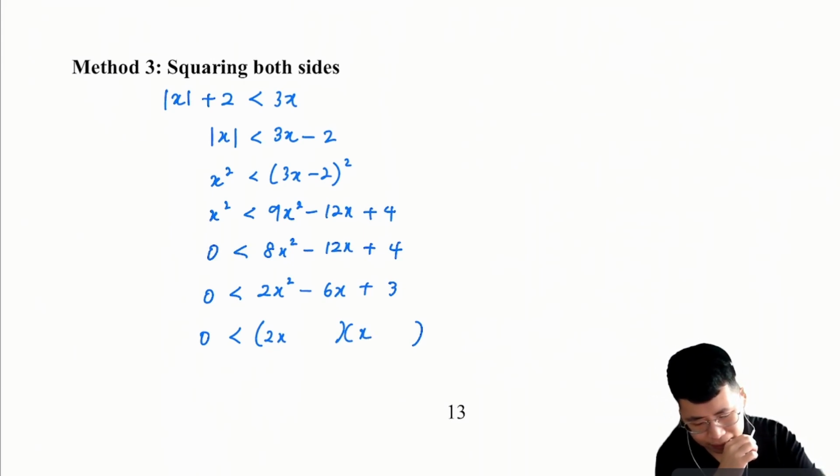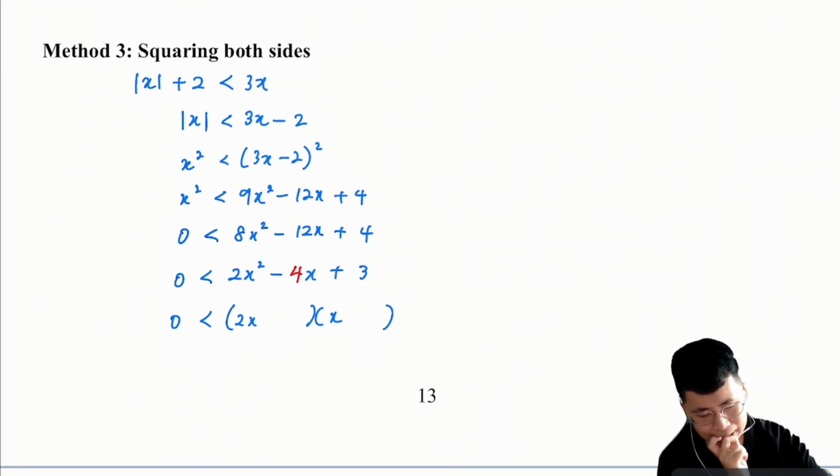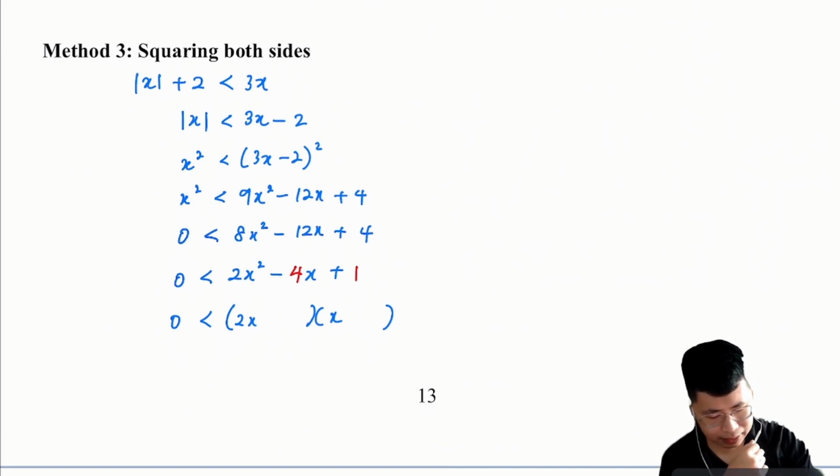Oh wait, sorry, divide by 4. So this one over here, I have an error over here. Okay, divide by 4. So I have this and maybe this. Okay, sorry, another error over here. Okay, so now what we have would be, because we divided by 4, so this will have to be